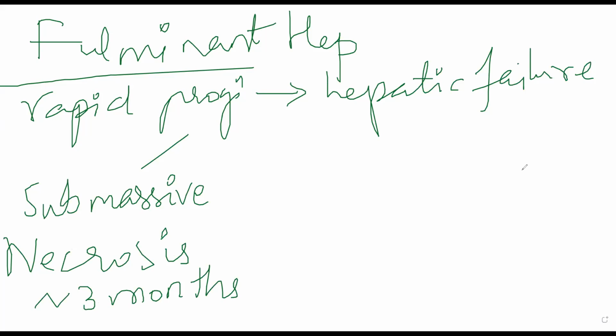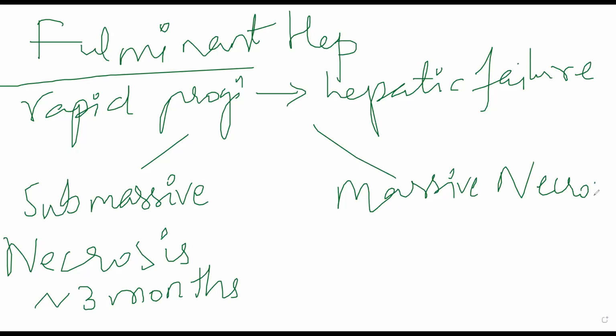Whereas a more severe form of fulminant hepatitis is massive necrosis. Another pattern. What happens in massive necrosis? The liver failure will be so fast that the liver will essentially stop working within 2 to 3 weeks. Okay? The progression will be much more rapid and fulminant, and this change itself will occur within 2 to 3 weeks. If within 2 to 3 weeks you are not able to control the patient's condition, they will invariably die. Very good chance that they will die.